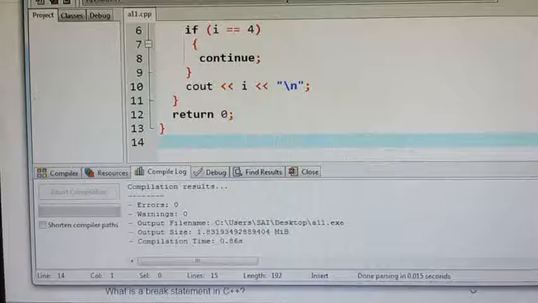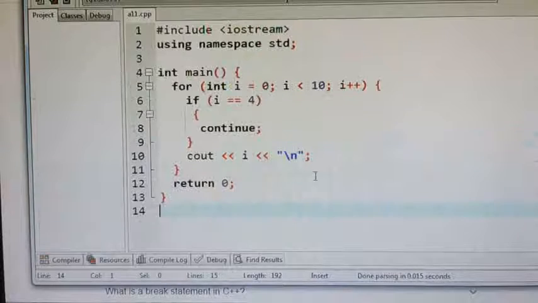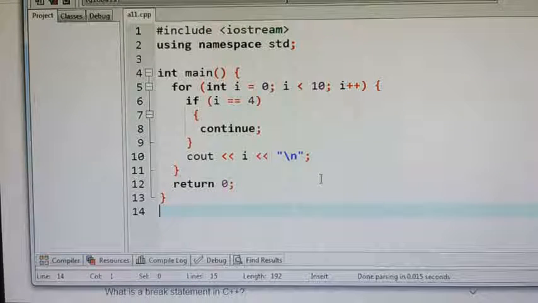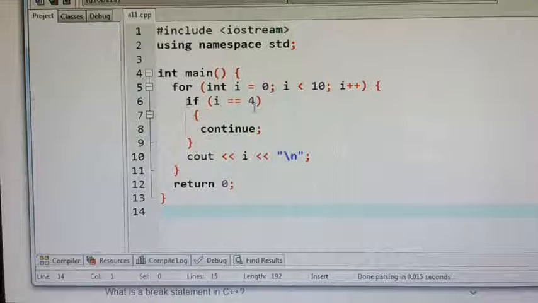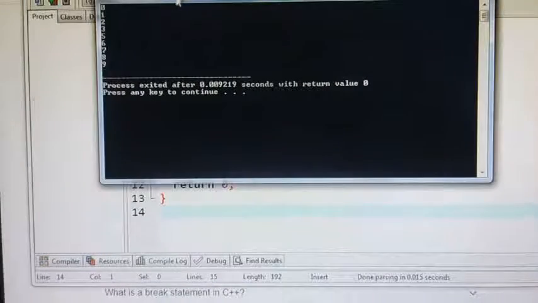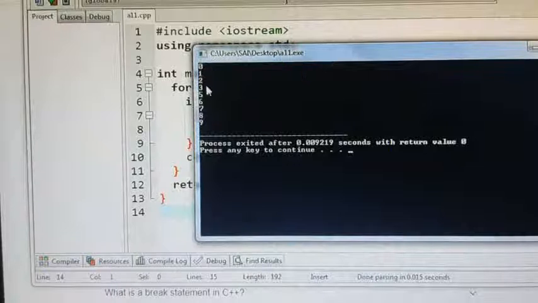I already explained this in the theory part. For example, the manager is searching all the account numbers like 1 to 100, but when his number comes, he doesn't want to print it. So he only wants to skip that particular statement. When you want to skip a particular statement, you can use continue here. If i equals 4, continue. If this condition is true, the remaining part is not executed, meaning only that particular statement is skipped and the remaining will be executed. Since i equals 4, only 4 is not printed, and the remaining are printed.